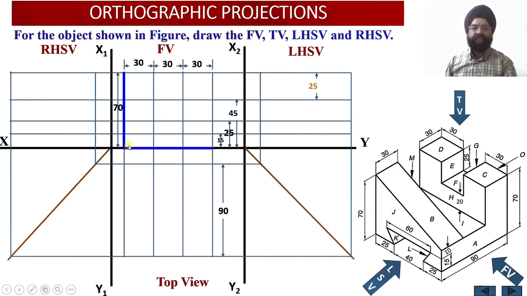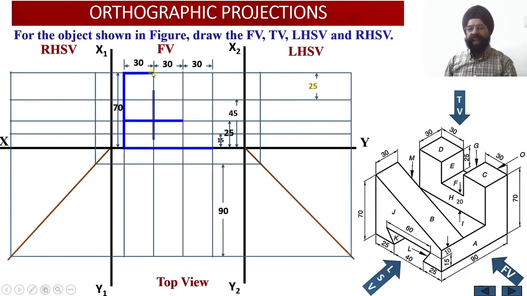So I am going to see this vertical edge, then there is a thickness of 30 millimeter from the top, or 60 millimeter from here. Please check. This is equal to 30 millimeter corresponding to the web B, and this is 30 millimeter width corresponding to the surface I over here. So 30 millimeter corresponding to the bottom of the surface or the web B, and this is 30 millimeter corresponding to the surface I. So I have drawn 60 millimeter length over here,